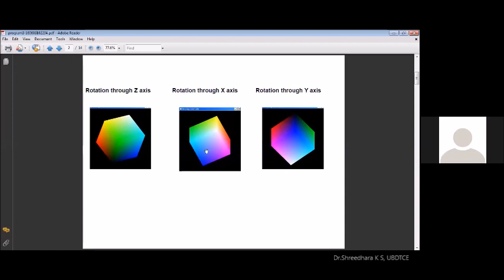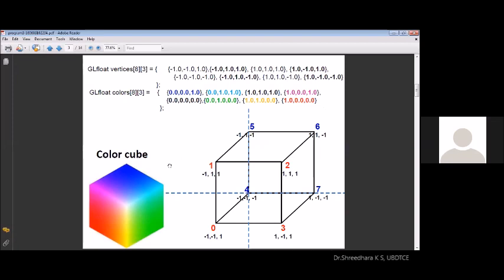So let us solve this problem from basic scratch idea. Whenever you see a cube, it is supported with 6 faces: front face, back, side face, bottom face, and top face. And when you see this cube, you can observe only 3 faces. The remaining 3 faces are hidden because each face is filled up with a color. Hence, there is no transparent effect. So you can observe only 3 faces at a time here.